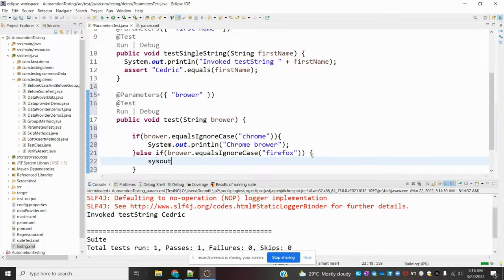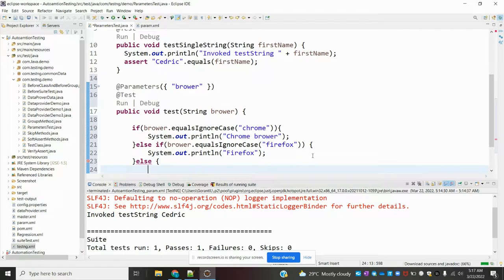Now this is out Firefox. Okay, else it's out IE. Okay,